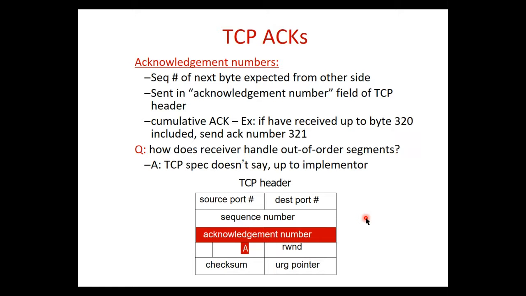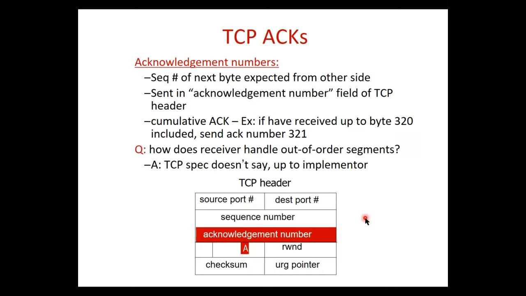Okay, another question. How does the TCP receiver handle out of order segments? So this may happen, right? The receiver may receive segments with a gap. So what does the receiver do? Does it behave like Go-Back-N, meaning it will discard, or will it behave like selective repeat, meaning that it will